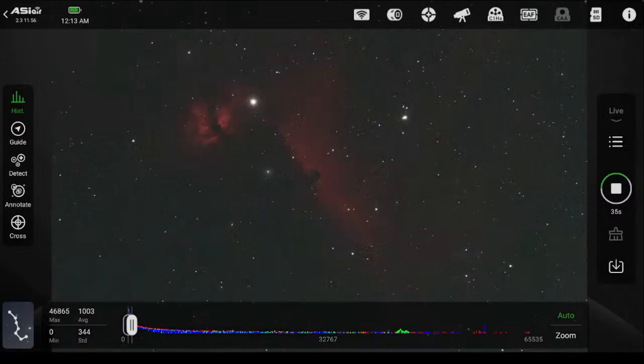So here's our first stacked image. Now it's going to continue there on the right. You see the countdown. So it's going to continuously add to this image. It's the Horsehead Nebula. It already looks like a horse. Like, is that the ear? That's the eye. And it comes down like the nose down here. Is that what we're looking at?